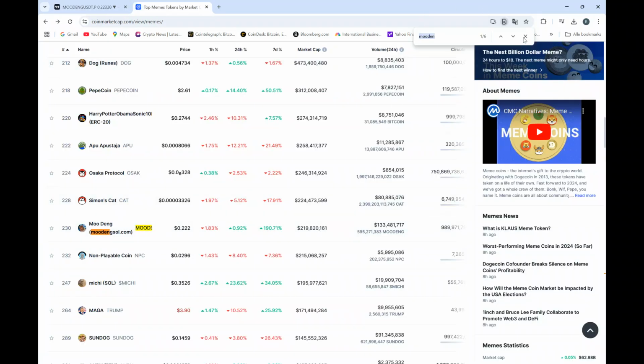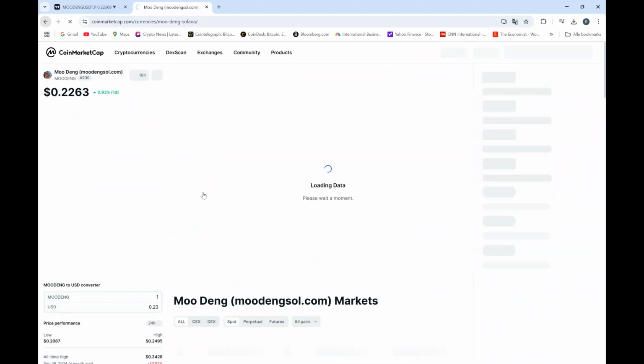This is an overview of all of the meme coins that you can find on Coinbase. This is not place 230 of all the meme coins. It's just place 230 of the entire coin market cap list. You can also see that here it jumps suddenly with a few places in between. So this is the place on CoinMarketCap. The total market cap right now is 220 million, and that is...